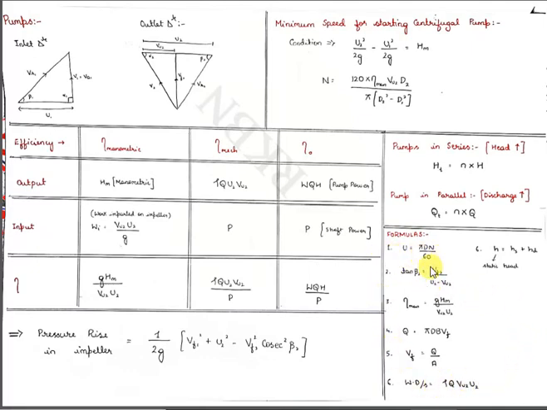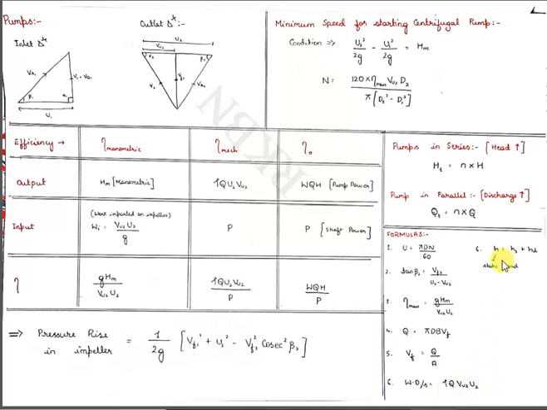The formulas related to the pumps chapter are: U is equal to pi d n by 60; tan beta 2 is equal to Vf2 divided by (U2 minus Vu2); manometric efficiency is g Hm by Vu2 U2; Q is pi d B into Vf, or Q can also be written as pi d1 B1 into Vf1, or pi d2 B2 into Vf2, or pi d1 B1 into Vf1 into C, where C indicates the area occupied by the vanes. Vf is discharge divided by the area of flow. Work done per second is mass flow rate into U2 Vu2, where mass flow rate can be written as rho into Q.